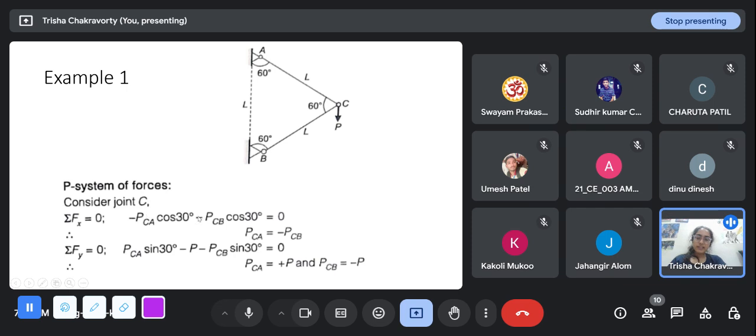So minus PCA cos 30 degree minus PCB cos 30 degree is 0. So we get PCA is equal to minus PCB. And when we are doing the sigma Fy, when we are equating all the forces to 0 along the y direction,